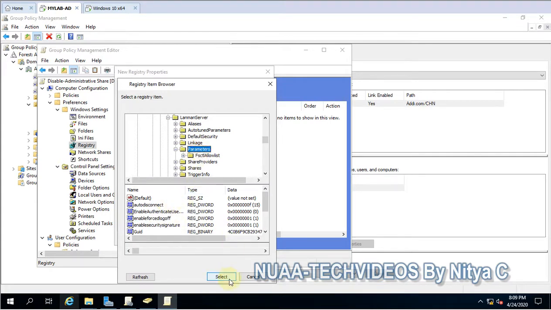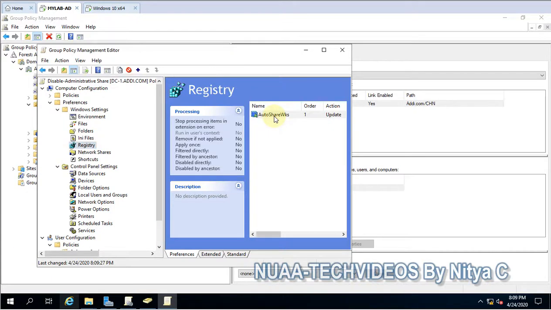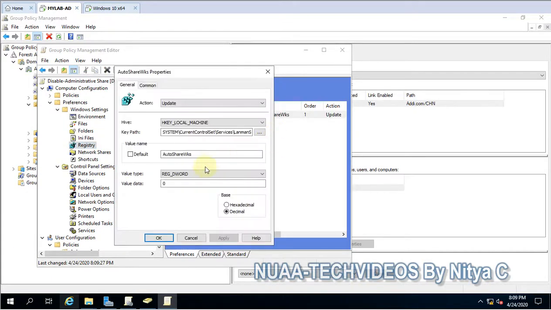So we will select it, then click OK, and here we give the name, that is AutoShareWKS. Then select DWORD and 0 decimal. So apply and OK. This is done, and this entry will be created on the local computer.